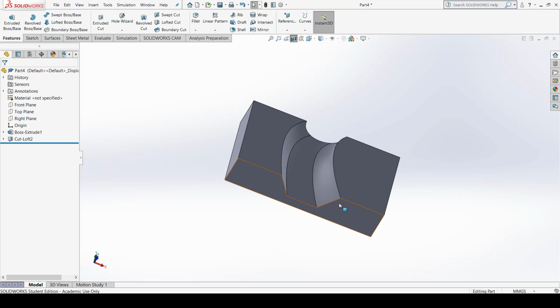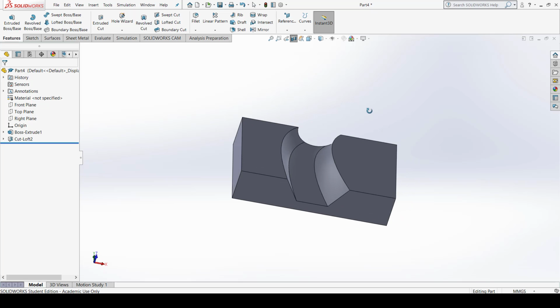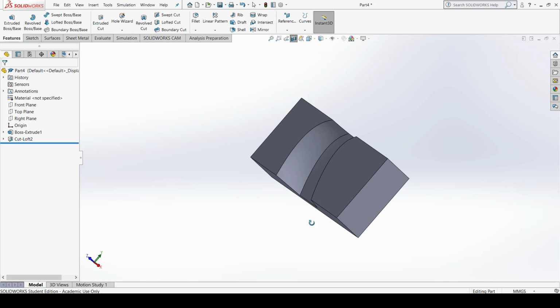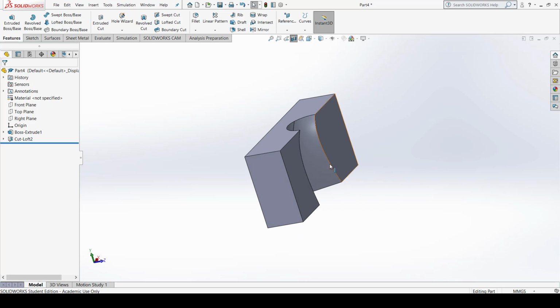So this is your hexagonal profile in the bottom surface, and this is your circular profile at the top surface, and the cut will move along that curve which I created earlier in this component, and the cutting will take place like this in a curve path. See, so this is how you can apply a loft cut command when you have two different section profiles and you have a guide curve. Okay, so this is the second way by which you can apply a loft cut command.